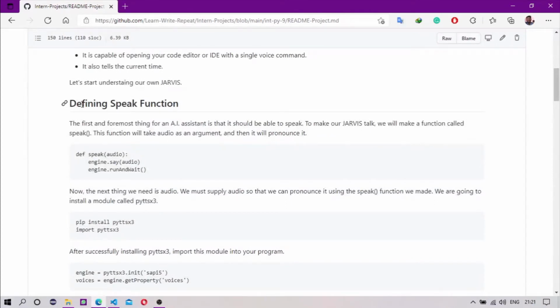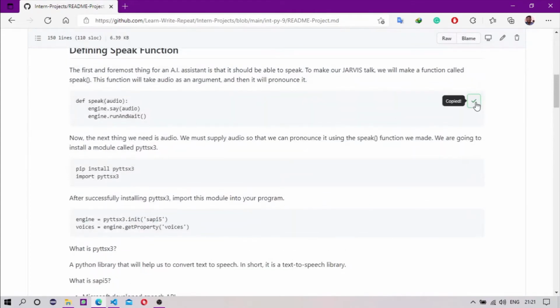First, we have to define a speak function, because to make our Jarvis talk, we will make a function called speak. Simply copy and paste. In this, define speak with audio as an argument, and then it will pronounce it.